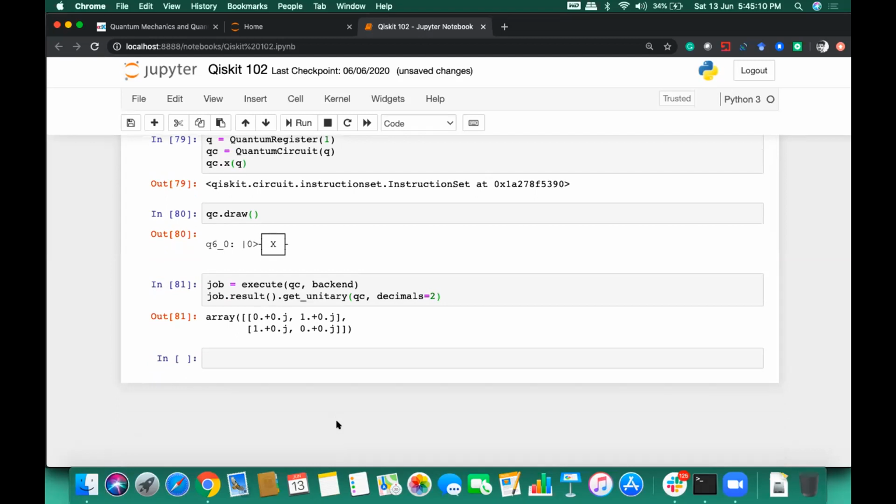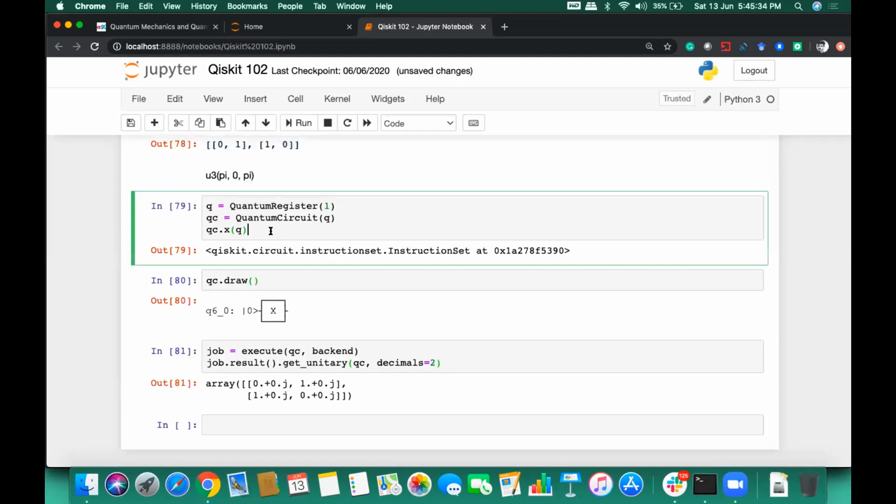Fine. Right now we are just covering the gates, but when we move forward with these Qiskit sessions, we will draw real quantum circuits and try solving some quantum applications. Then you will get to know the real use of these gates and how they are used. Right now we are just covering what these gates are and how we can draw them.